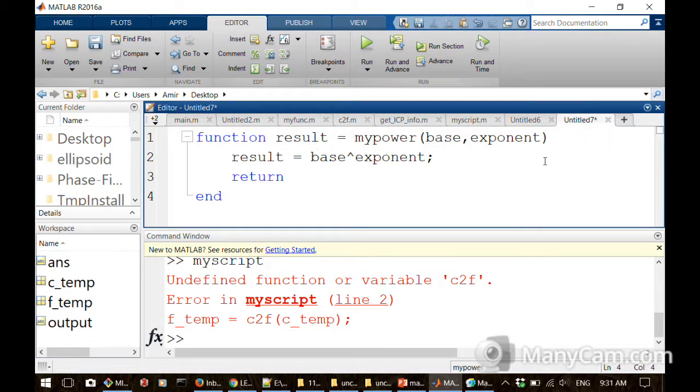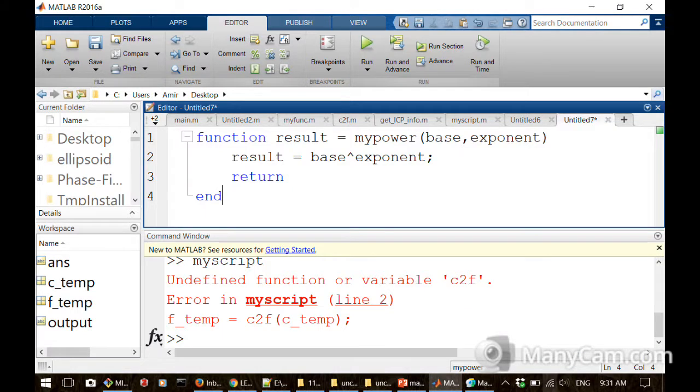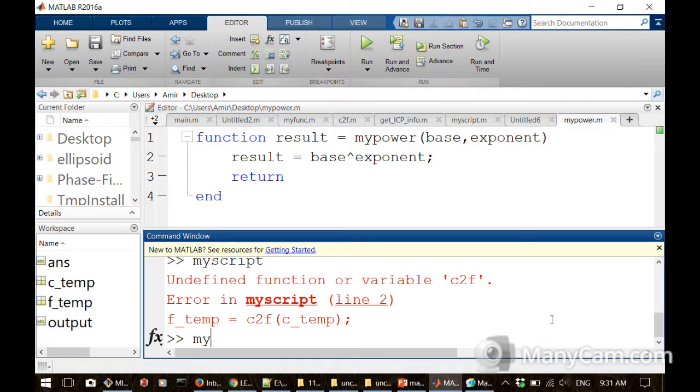So I could say function result equals my power. That's how I define power, which is not this. In my world, power means base times exponent. So I could do this, for example, or just say plus, whatever I want. That's my own function. But if I define it as exponentiation, then that matches the true meaning of exponentiation. So let's save this as my power.m. Now if I call my power,